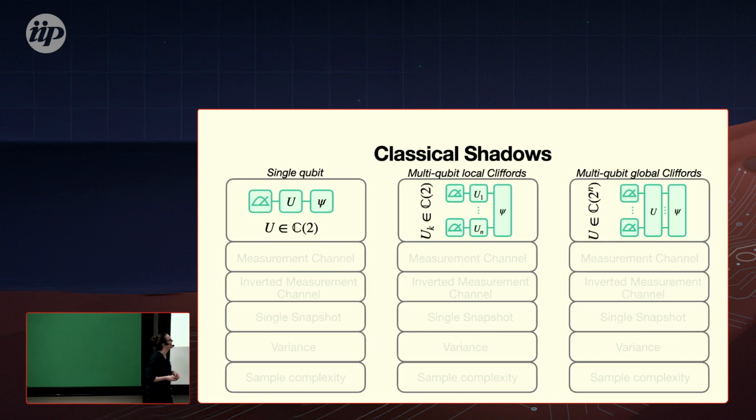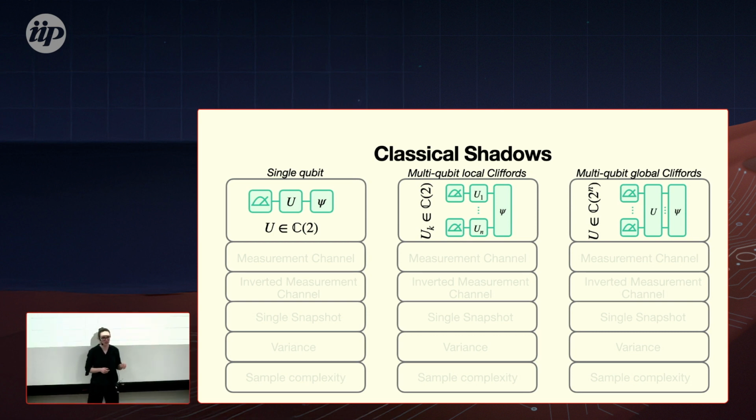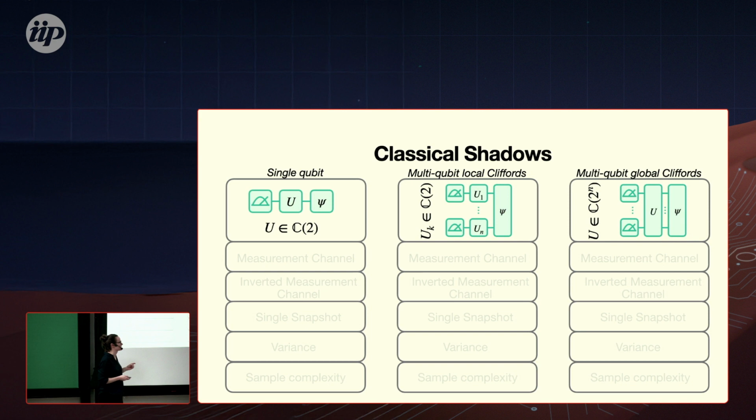I don't want to scare you, but this is the table that we want to fill in. We have single qubits, which is the easiest one, and we will use it as examples. Then we have multiple qubits with local Clifford measurements, and then multiple qubits with global Clifford measurements. They are very different, these two, and we will see why and how. Maybe I don't have time to go over all of them in detail, but I just want you to see this is what we'll do in the next 2 lectures. I also want to point out there's something in the middle here that I will not talk about, which is called shallow shadows. But this will not fit into the scope of this lecture.